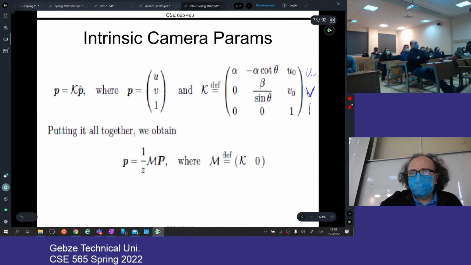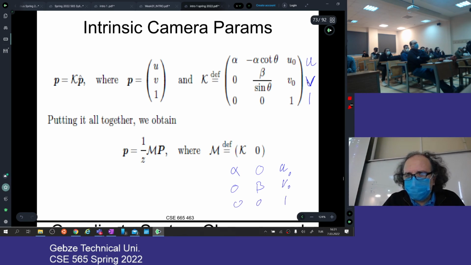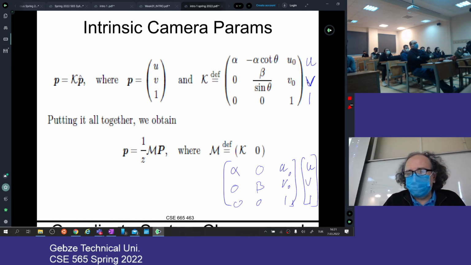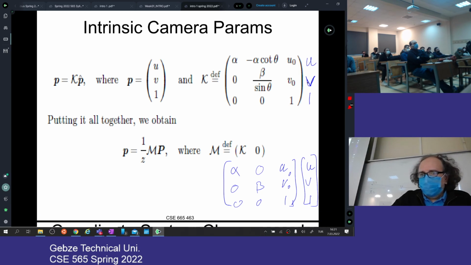Okay, don't forget about this one. Maybe make this a little bit simpler. Let's forget about this theta. If I forget about the theta, it is alpha, 0, u0; 0, beta, v0; 0, 0, 1. Okay, and this is u, v, and 1. So if I ignore this theta being different than 90 degrees, u and v, remember,